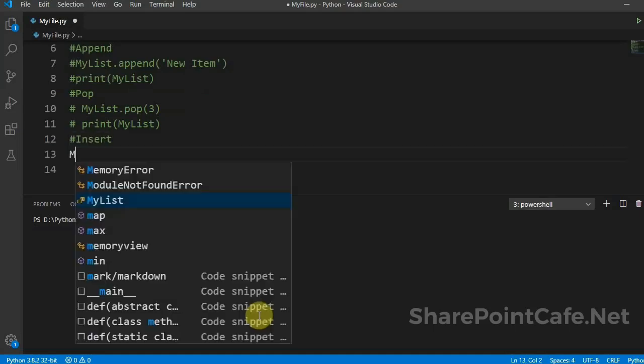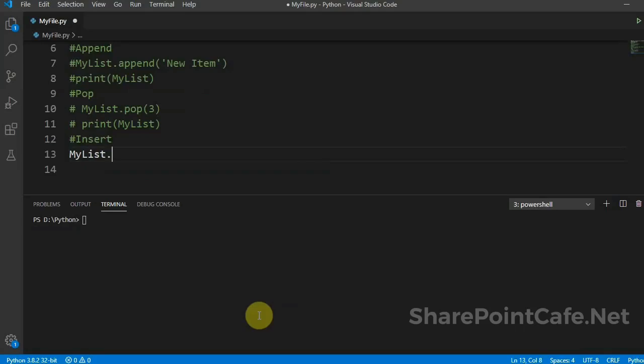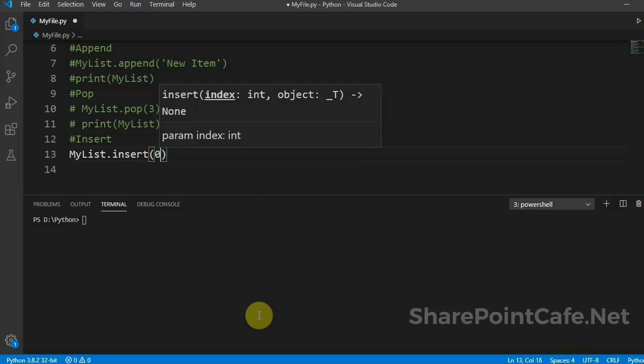Next we will see insert function, insert method. So mylist.insert and then index number, at which index I have to insert the item and what item I have to insert.